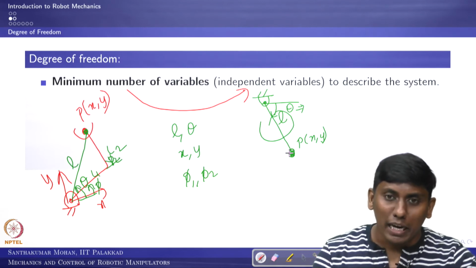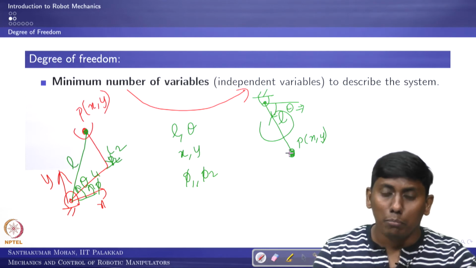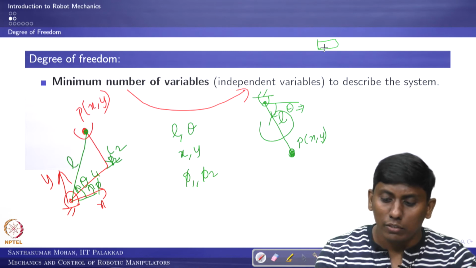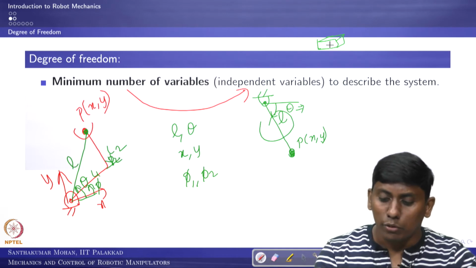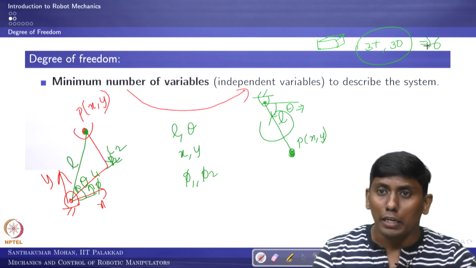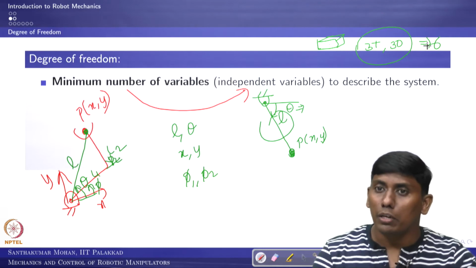The same thing we can try to understand in mechanics. If you are looking at a motion system, and you take any free body in space, how many variables do you need to describe the system? It requires 3 translations and 3 orientations. In the sense, it requires 6. So if you have n number of bodies, how many degrees of freedom would there be, or how many variables required? It would be n into 6, or 6n, right.